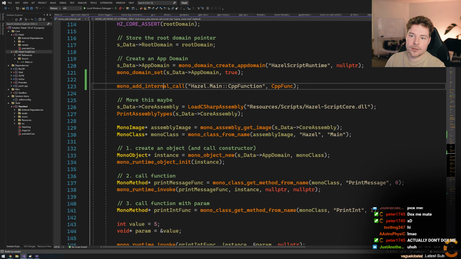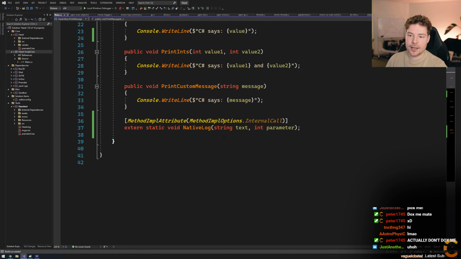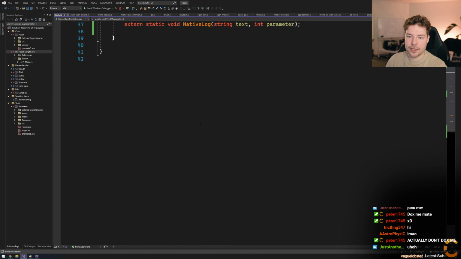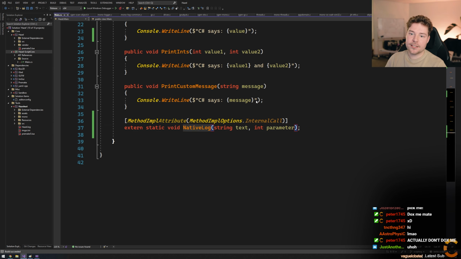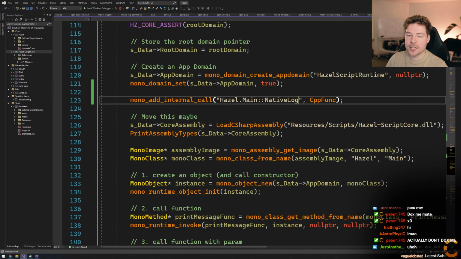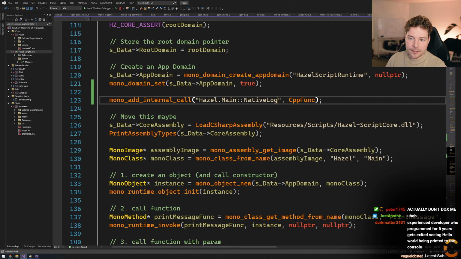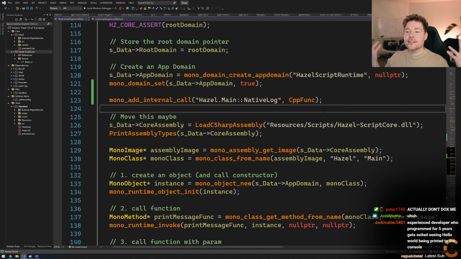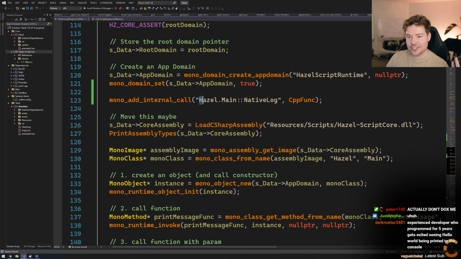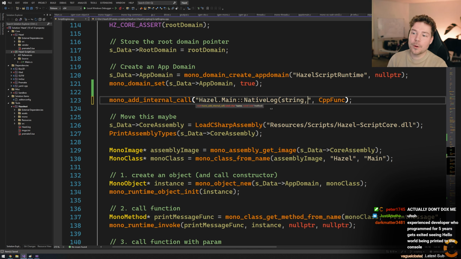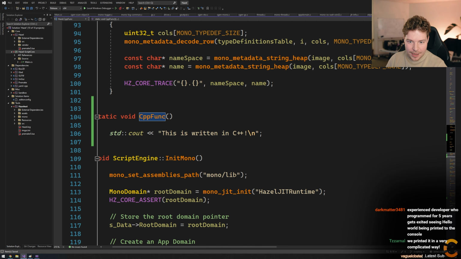And now what I want to do is obviously do the same thing. Now the cool thing about this again, so we don't have CPP function anymore. We just deleted it. We renamed it to native log. So we'll take this in. Guys, I'm going to just let you soak in how easy this is. There's no signature here. It's just the name. You don't have to say, oh yeah, by the way, it's a string. No, it just works. Like magic. How cool is that?